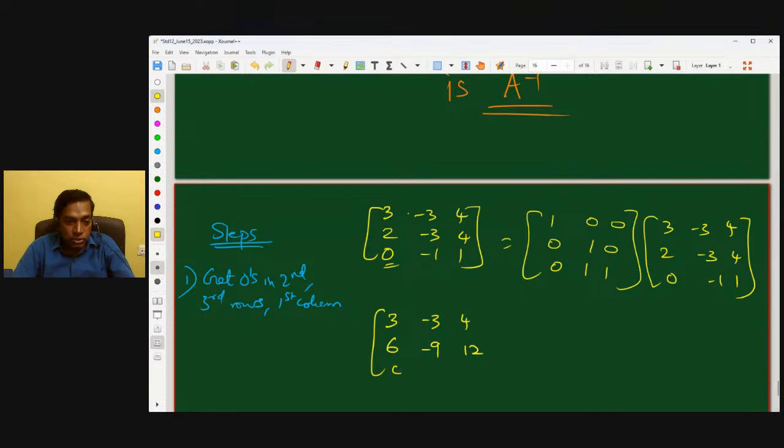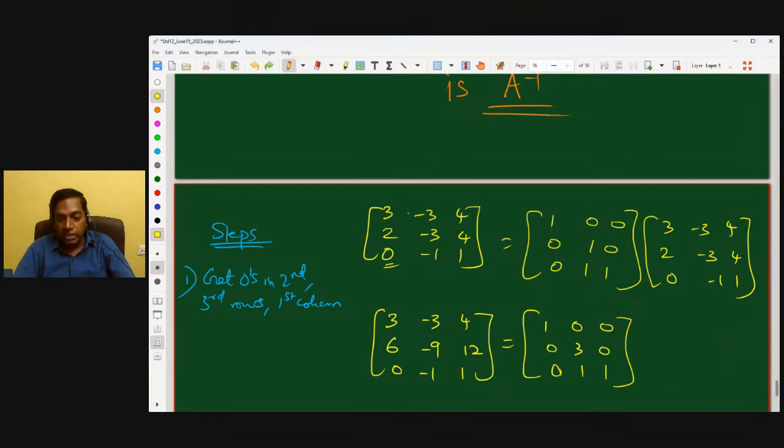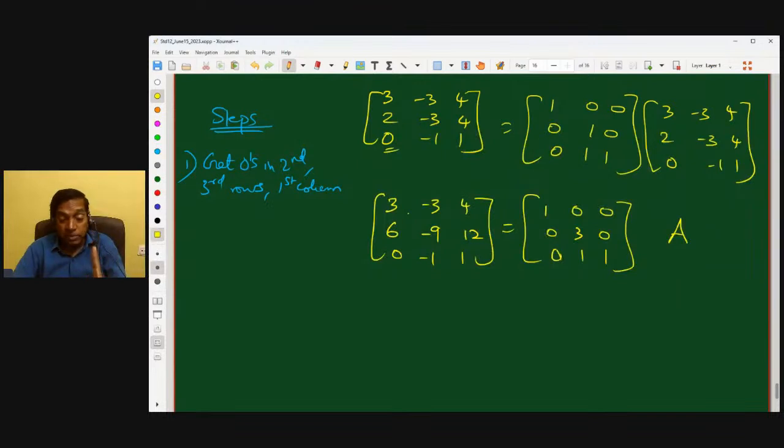6 minus 9, 12 equals 1 0 0, 0 3 0, 0 1 1 times this. I'm not going to write the A matrix again and again. It's all A. Because, remember, you do the elementary row operations on only two of the matrices. The third one is just A. Okay, and what we have done is, these two we have multiplied by,